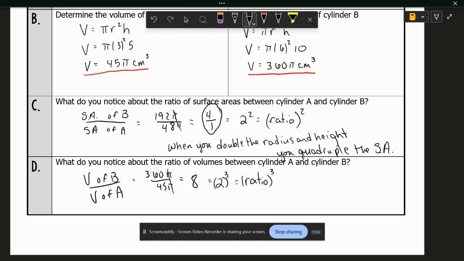So when you double the radius and you double the height, it becomes 8 times the amount of what you did. Or essentially, you are taking it to the third power. You're exponentially growing it, which is pretty neat as well. Okay, something to think about if you're ever working with those types of materials. I'm going to cut the video right now because